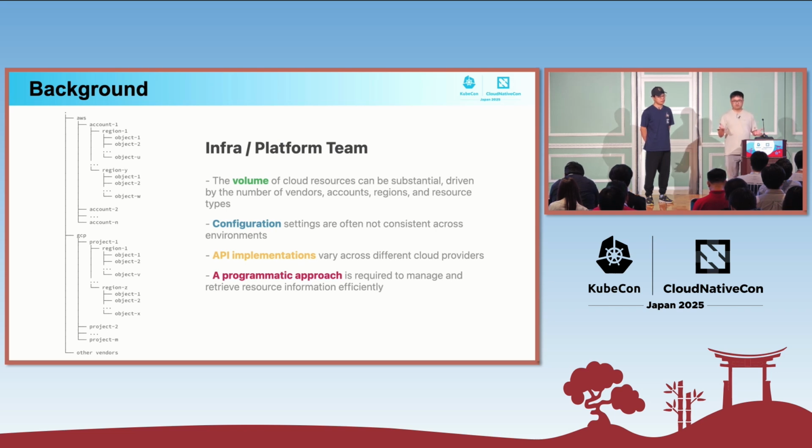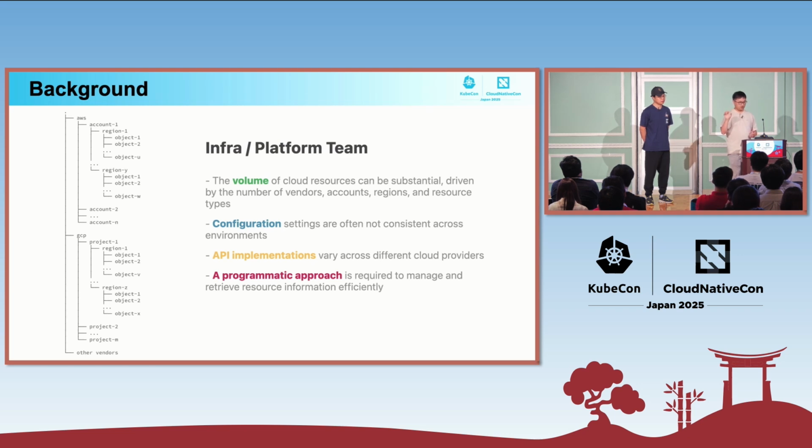For example, large language models. Large language models need GPUs, beefy GPUs like A100s, H100s, H200s. But not all these GPUs are available in all the regions we have. So if we want to host large language models, we will need to consider the availability of the GPUs and provision the GPU machines in our Kubernetes clusters accordingly. That means we need to look through all these configurations and make sure we put the configuration for the